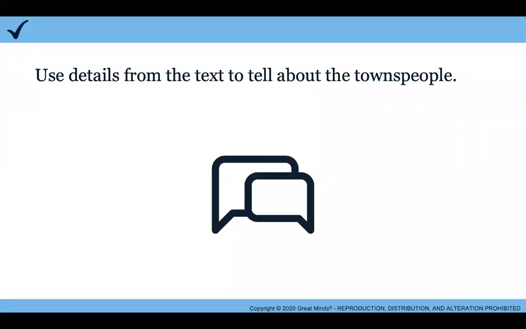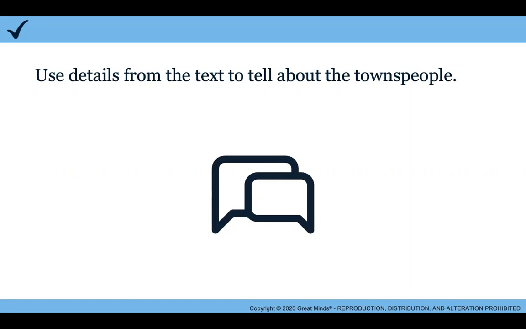Talk with your learning partner. What details helped you imagine what the townspeople were like? Pause the video now to share with your learning partner what details from the text helped you know what the townspeople are like. You might have shared that they were poor, that they don't give to each other, and even how the shaman said it was impossible can give us more information about the townspeople because he's also part of the townspeople.